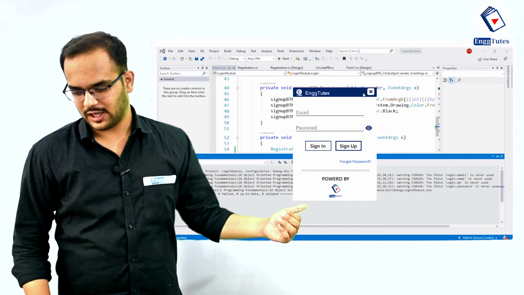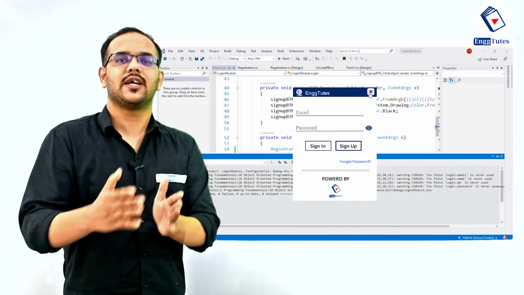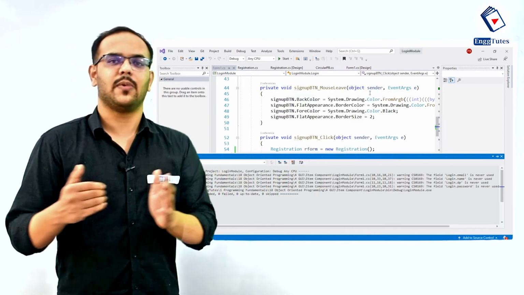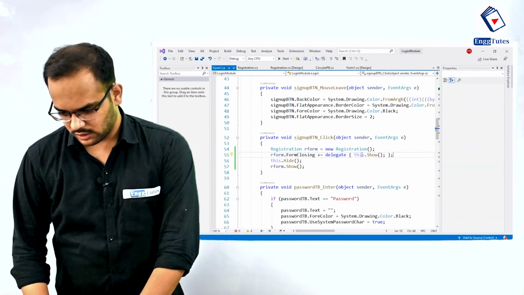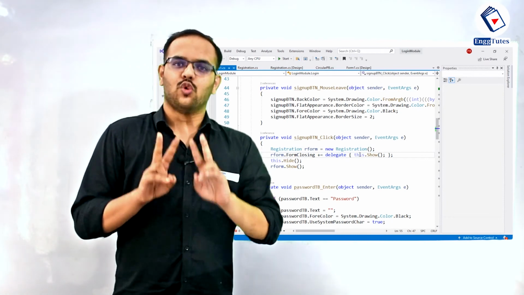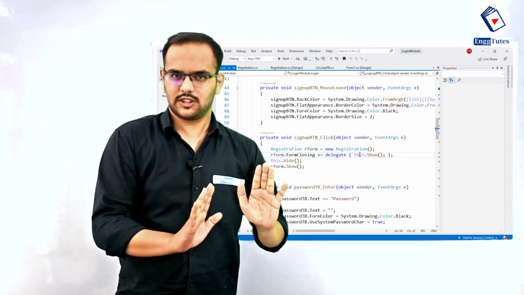And if I click on the login form's close button, Application.Exit will execute and our application will successfully complete its execution. Done. So this was two forms, login and registration.